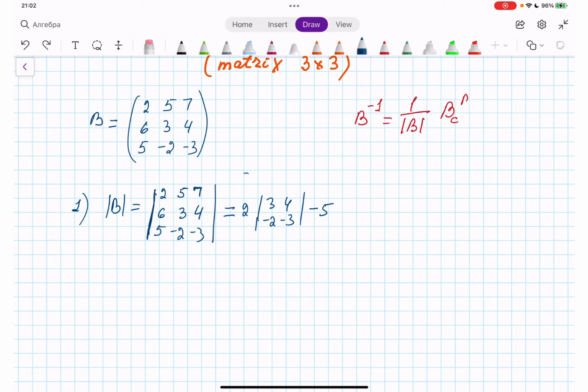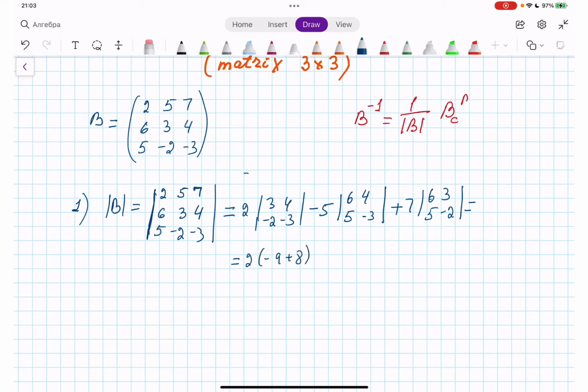Plus, I am scratching 7, and I will have left 6, 3, 5, -2. And as a result, I am getting twice